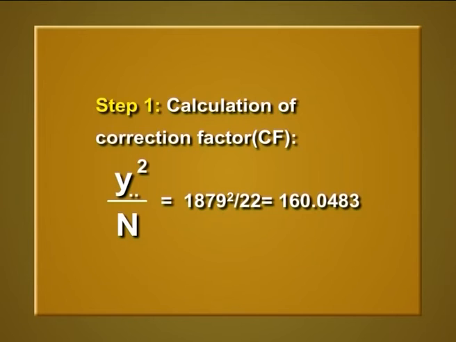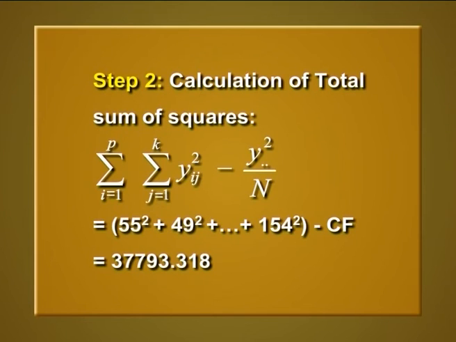all the values, summing all the 22 values, square it, divide by the total number of observations, 22. So, it gives the value 160.0483. Step 2. Calculation of total sum of squares. The total sum of squares is given by double summation Yij square minus y dot dot square by n. So, the Yij's are calculated as each individual observation squared, that is 55 square plus 49 square etc., 154 square minus the correction factor, and on simplification it is equal to